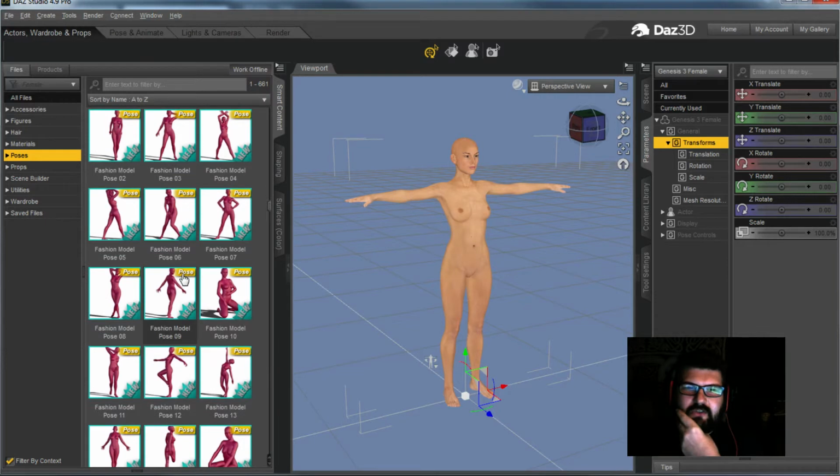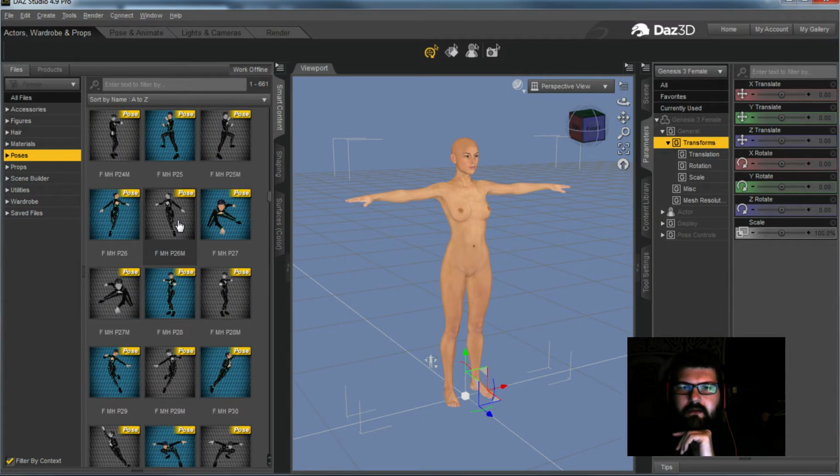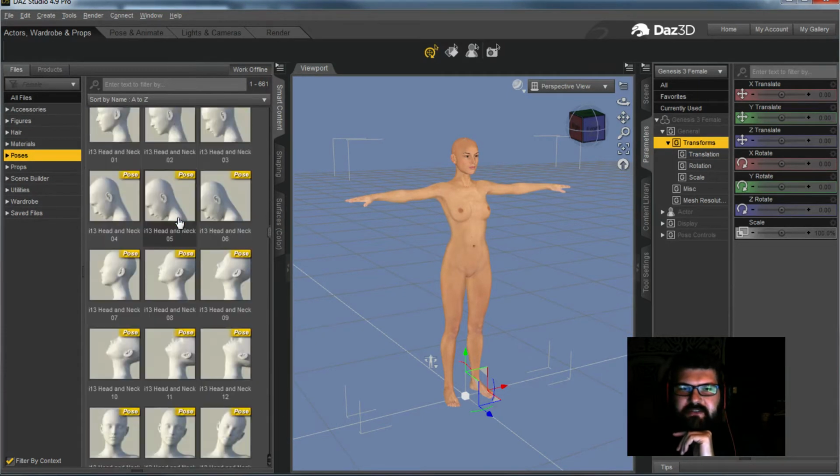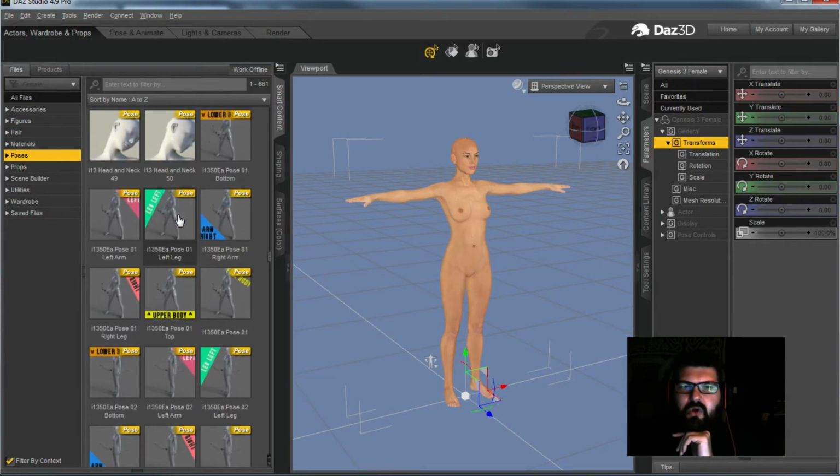So let's create a... good question. What shall we create today? I know that there's been questions about creatures of the Underdark, for example, drow. So let's make a female drow archer,